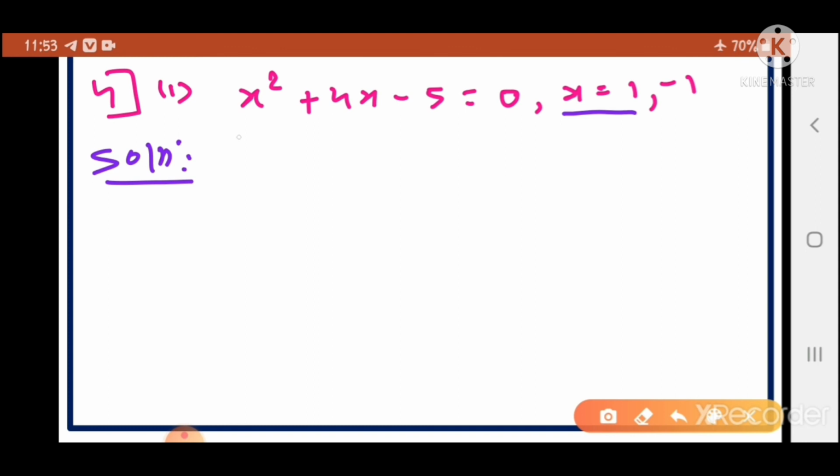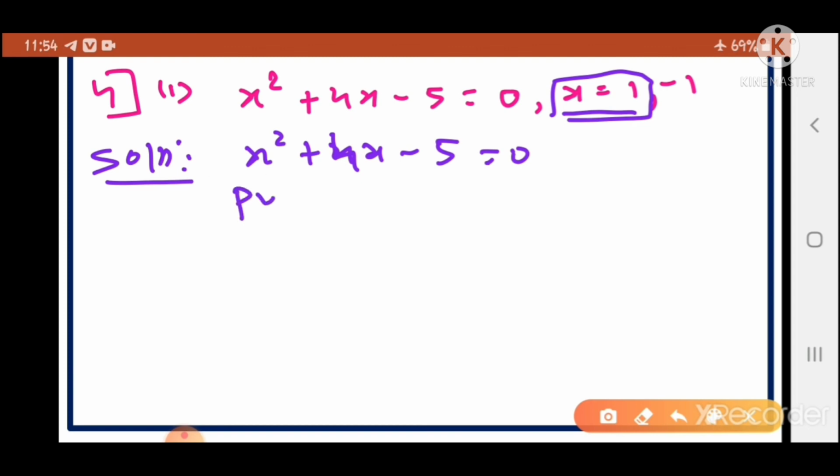सो व्हेनेवर सच काइंड ऑफ सम्स आर गिवन, जहाँ पे रूट पूछा है कि रूट है कि नहीं ये इक्वेशन का, तो आपको ऐसा ही करना है कि फर्स्ट ऑफ ऑल यू विल राइट दिस इक्वेशन x स्क्वायर प्लस 4x माइनस 5 इक्वल टू 0. ओके, एंड नाउ व्हाट यू विल डू, फर्स्ट थिंग, पहला x का वैल्यू क्या है? 1. दो वैल्यू है x का, तो फर्स्ट टेक द वैल्यू ऑफ x. सो पुट x इज इक्वल टू 1 इन LHS.